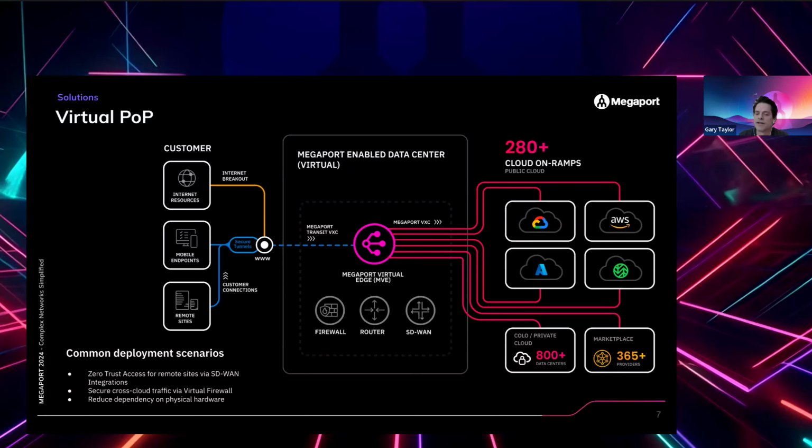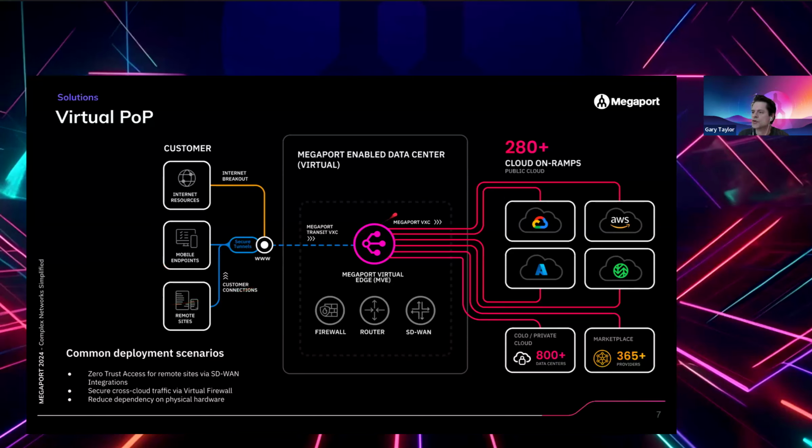The MVE is available in over 80 locations globally, with multiple nodes per country, which improves availability, resilience, and capacity. So really, the MVE can be seen as an extension to your firewall estate, or your routing estate, or SD-WAN. So as a quick summary here, if we look there,